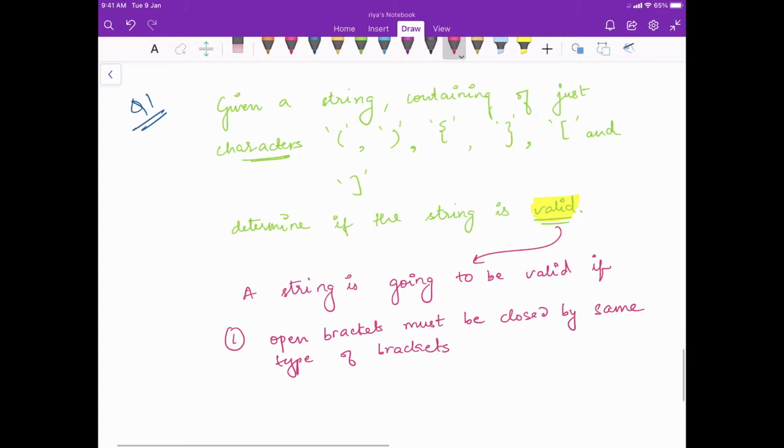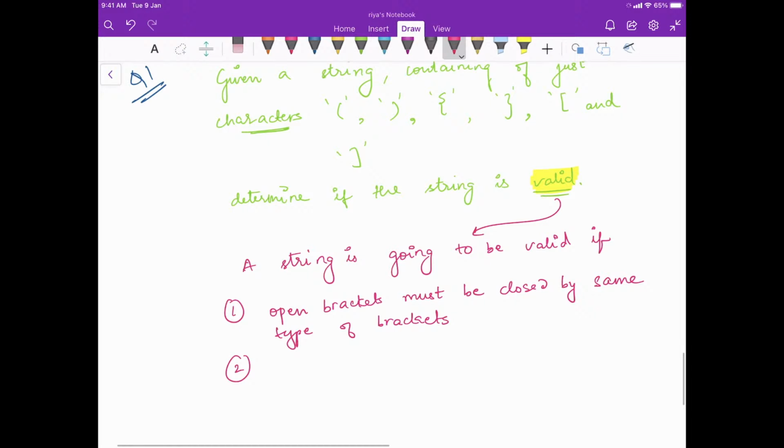Okay, so this is going to be one part for calling a string valid, and secondly,